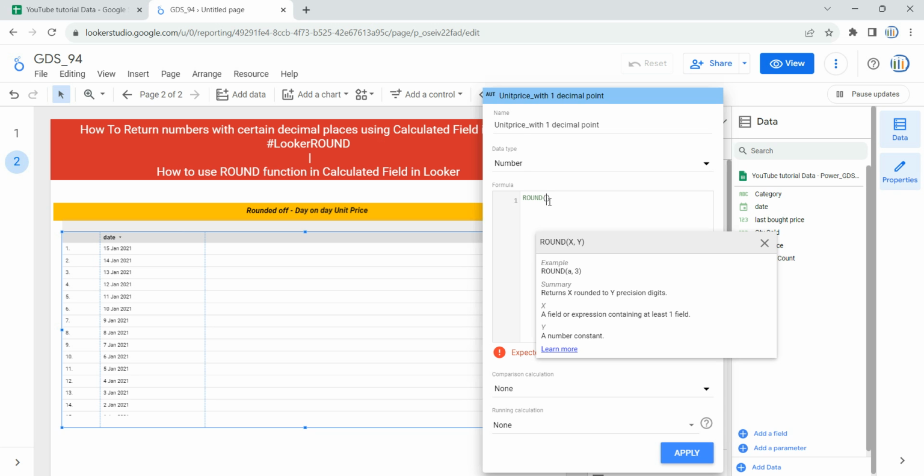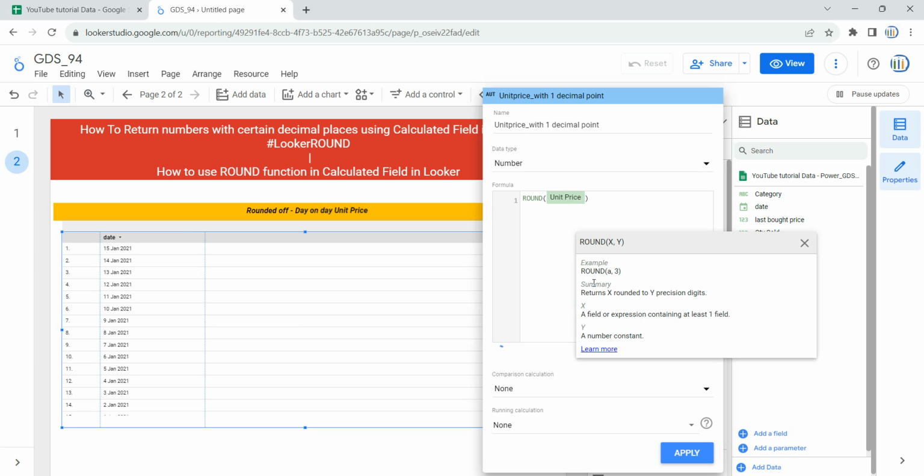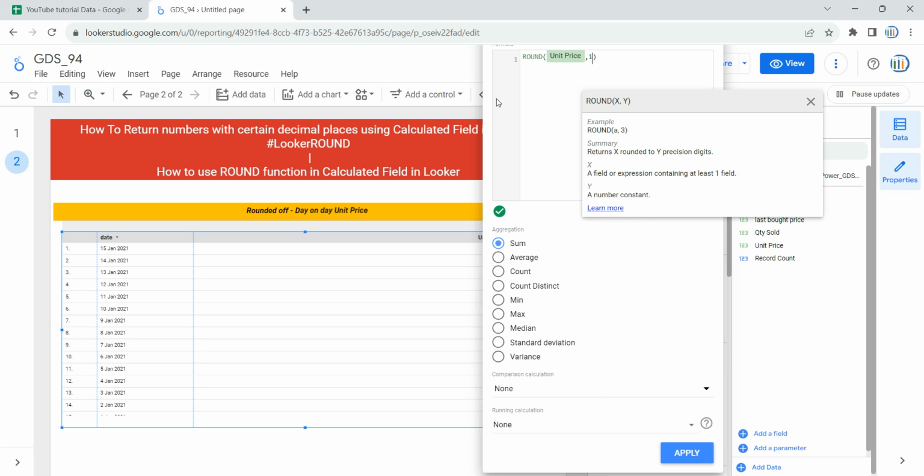So for me the x argument value is unit price, so I'm going to select unit price. Then after a comma I have to give a whole number which will specify the number of decimal places in the result. So I'm gonna give 1 over here, and the moment I click on apply,